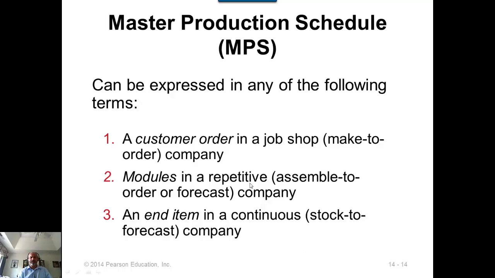And there is what is called assemble to order environment, where you have lots of different products that can be made from a few sub-assemblies. The master production schedule in these cases will be made for the sub-assemblies, which are called modules. So assemble to order. You will produce these modules based on master production schedule, and then as the customer order comes in, you will put together these modules in whatever combination is necessary to produce the final products. So this is called assemble to order, and you produce to modules, and the modules are then assembled to order.